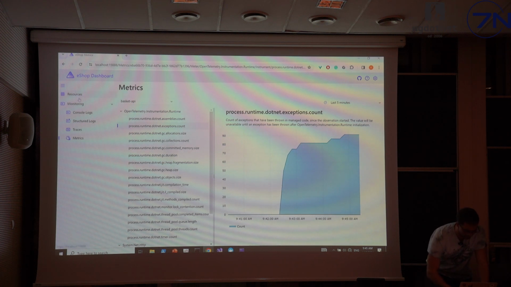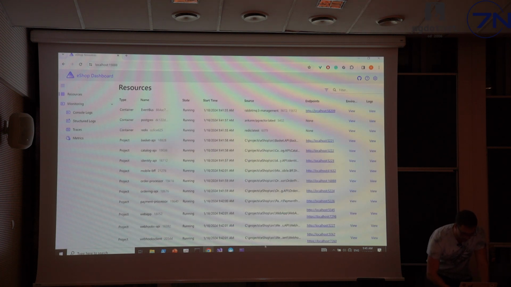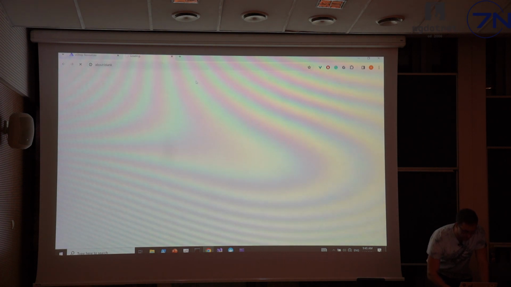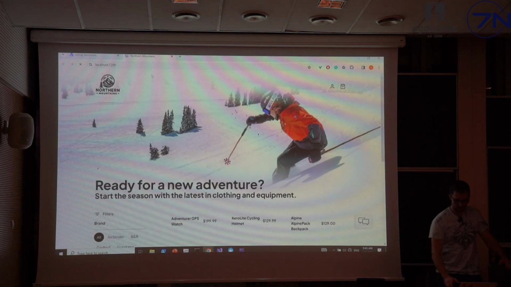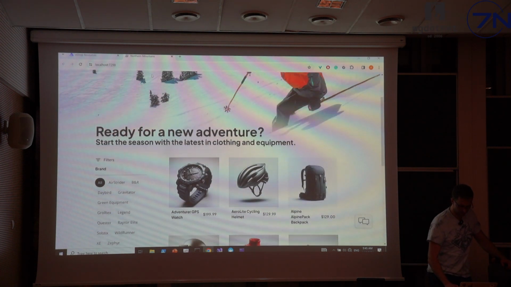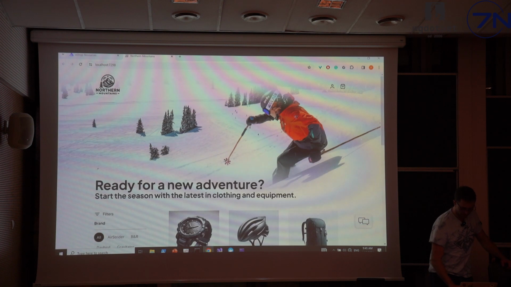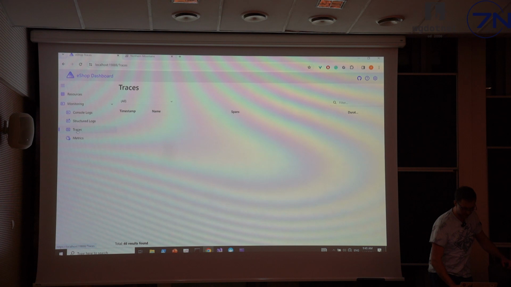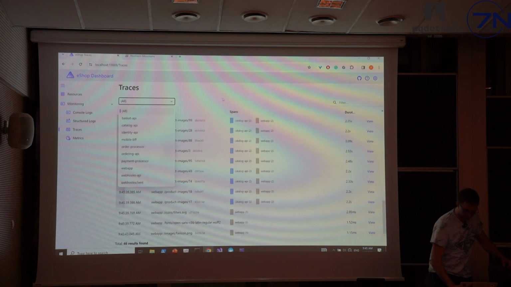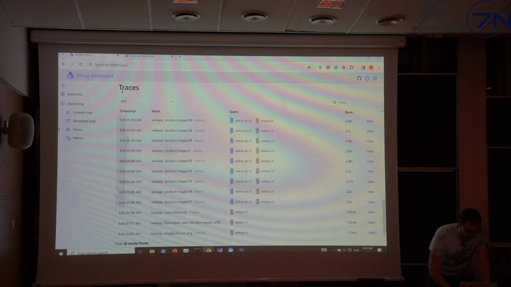Let me get back. Has the frontend started running? Yes, it did. Hooray. And now if I go to traces, you can see the distributed traces for all of the services.